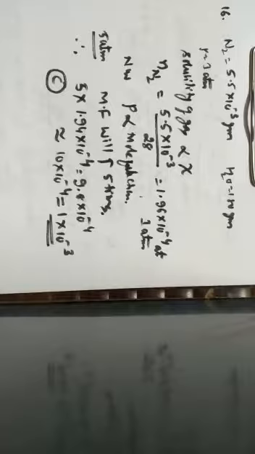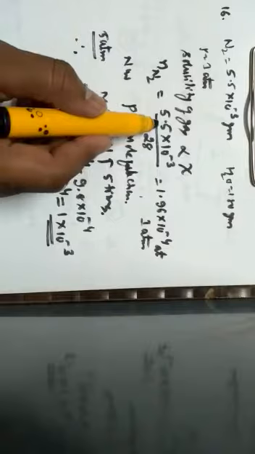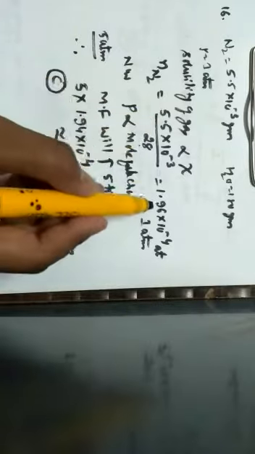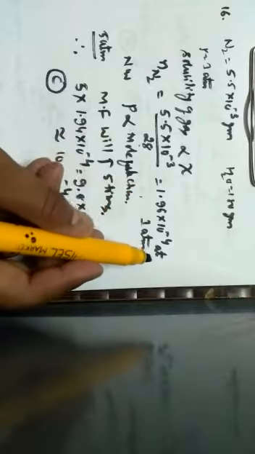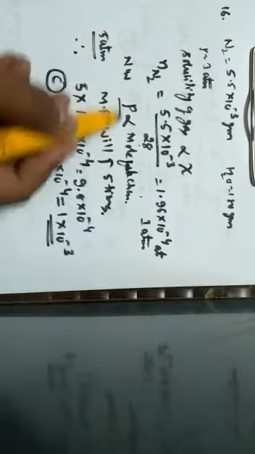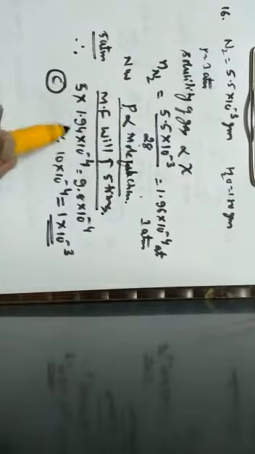So, the simple thing is that nitrogen gas has been dissolved in water. So, I have calculated the number of moles of nitrogen. Nitrogen gas is 5.5 into 10 to the power of minus 3 grams, divided by the molecular mass, which comes out to be 1.96 into 10 to the power of minus 4 at 1 atmosphere. We know that the partial pressure is directly proportional to mole fraction. If the pressure is 5 times, the mole fraction should also increase, because mole fraction is proportional to the pressure. Hence, multiplying 5 with this value, the final answer will be 1 into 10 to the power of minus 3. Next one, question number 17.